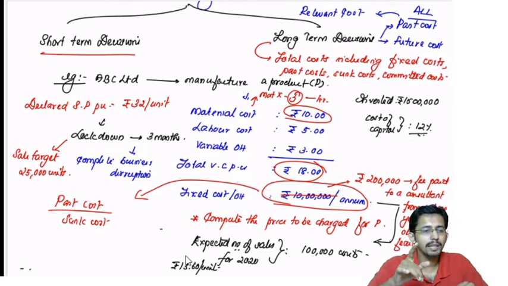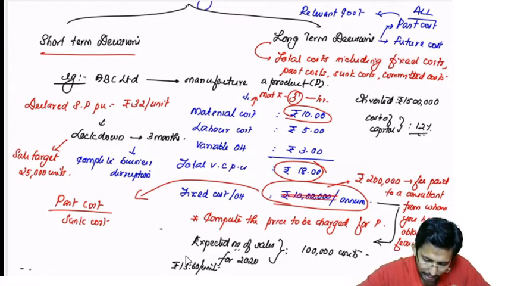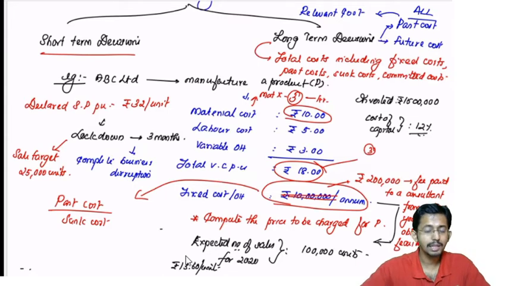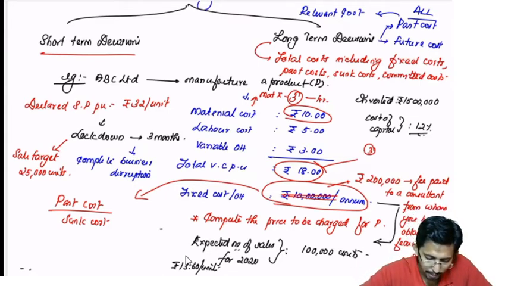So that 3 rupee will be incurred irrespective of whether you produce or not. So that is not relevant. So out of that, 10 lakhs is gone. Then out of 18 lakhs, how much is gone? 3 rupee is gone. Then your labor manager is coming. He has estimated the labor cost.